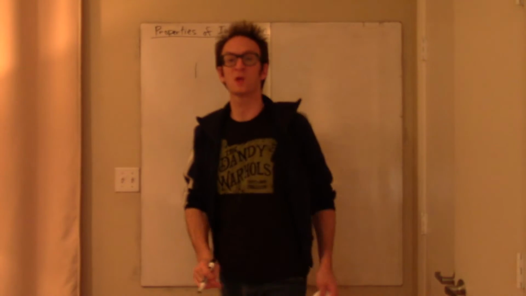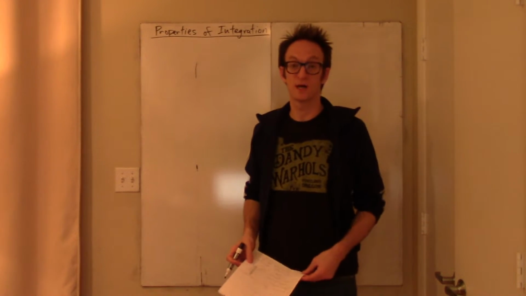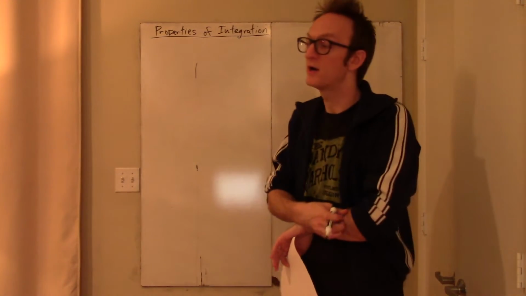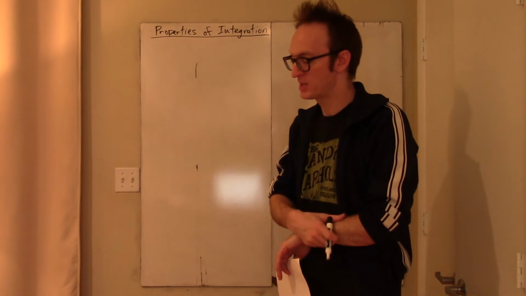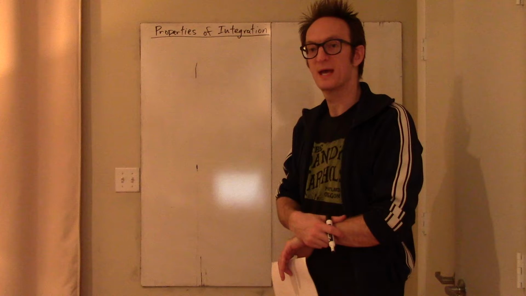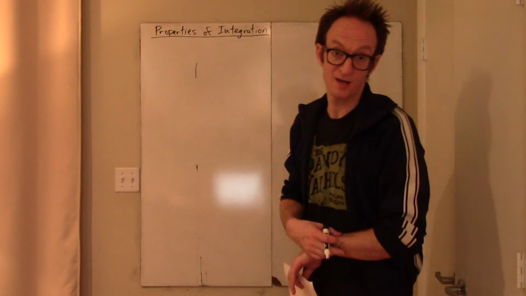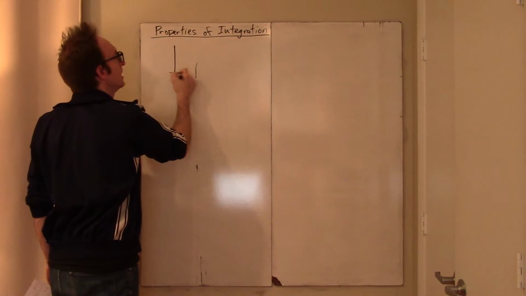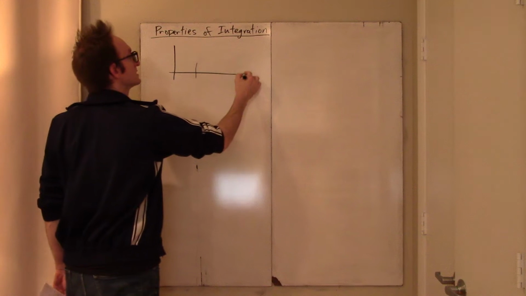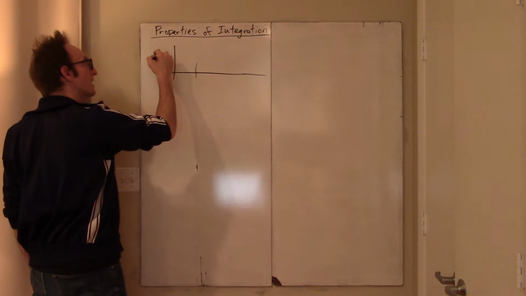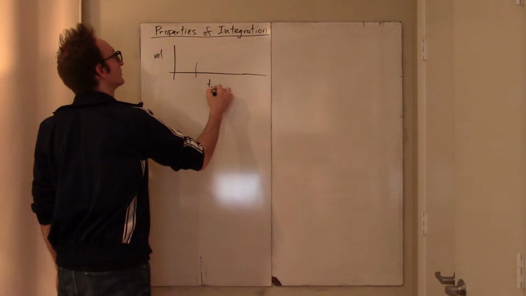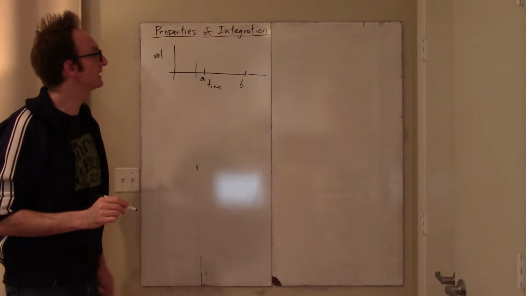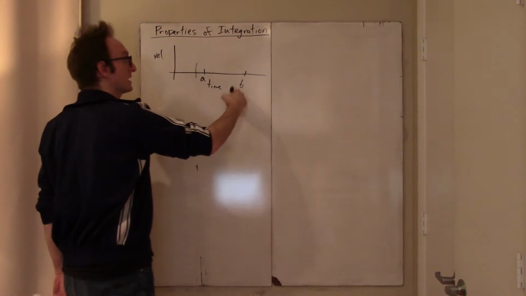Okay, welcome. We're going to discuss some properties of integration. The very end of the last thing we learned was that an integral is the limit of a Riemann sum. And we began, very quickly, with a conversation of, suppose you have some velocity versus time curve, and you want to know the total distance traveled. Here's A and here's B, and these are times, and I want to know the distance that was traveled on